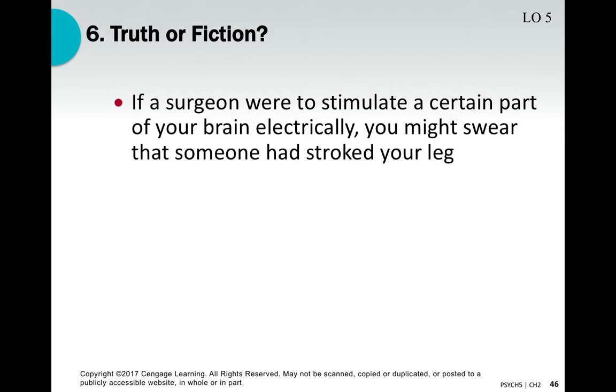If a surgeon were to stimulate a certain part of your brain electrically, you might swear that someone had stroked your leg. Go ahead and pause the video and check your comprehension. Truth or fiction? Okay, welcome back. You should have answered true because we just talked about that, the somatosensory cortex. If somebody were to stimulate a certain part of your somatosensory cortex, it might feel like somebody is touching your